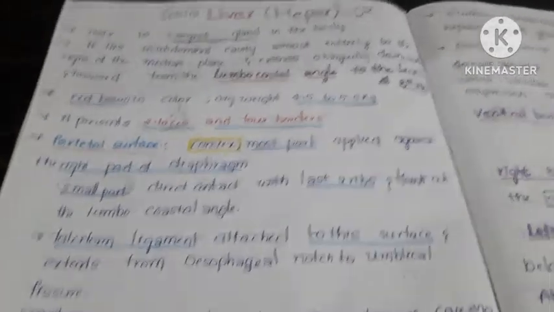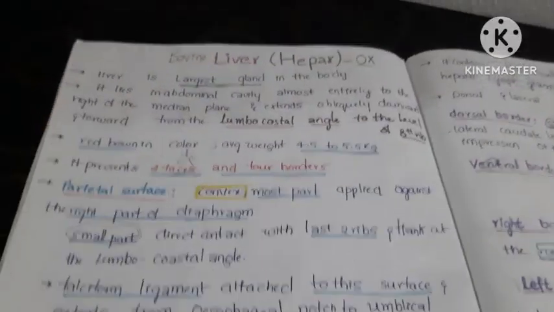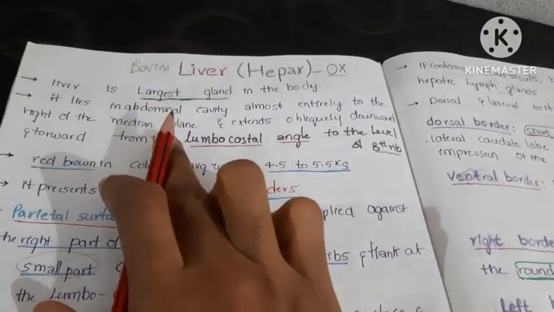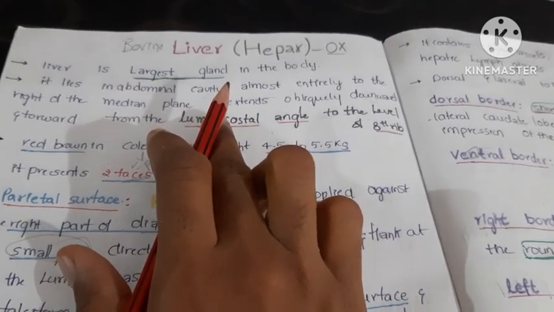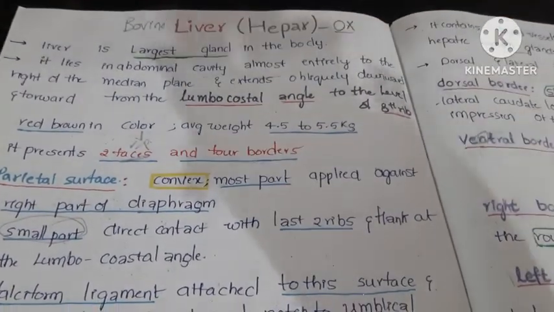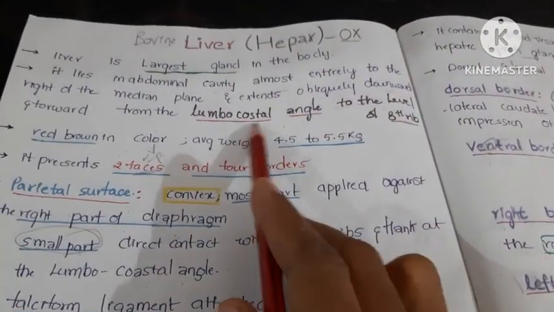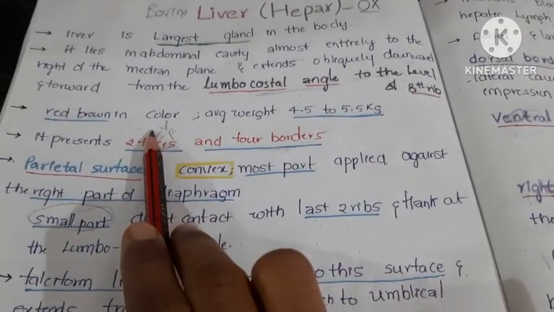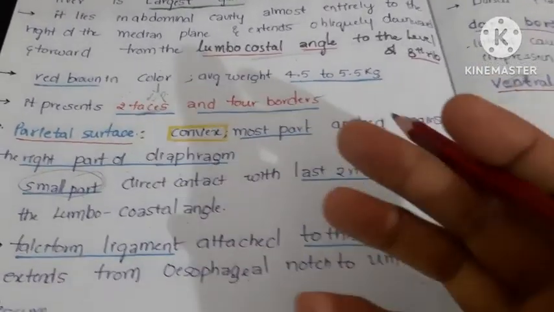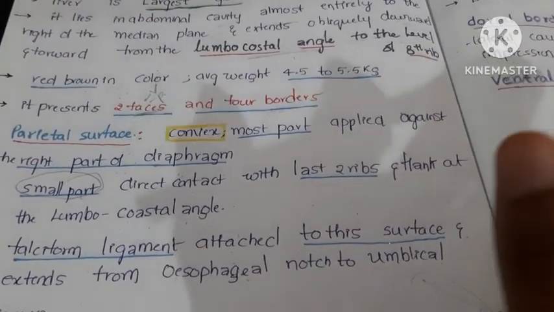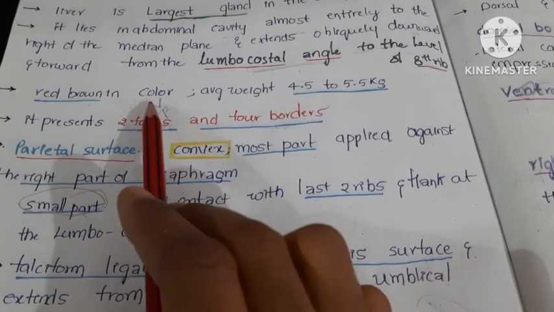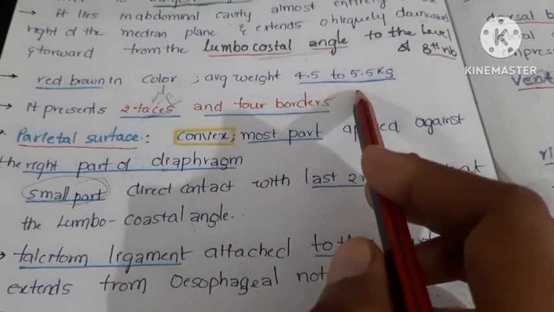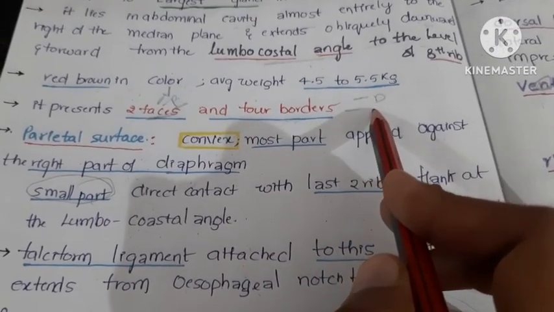So we have discussed the most important liver points. Discussing the liver: liver is the largest gland. It is located entirely in the abdominal cavity and extends from the lumbocostal angle to the level of the 8th rib. It is red brown in color and the average weight is 4.5 to 5.5 kg, and it has 2 faces and 4 borders. The 2 faces are the visceral face and the parietal face, and the 4 borders are right, dorsal, ventral,